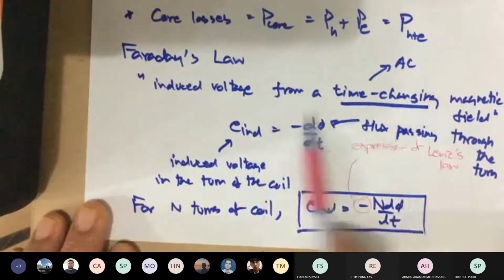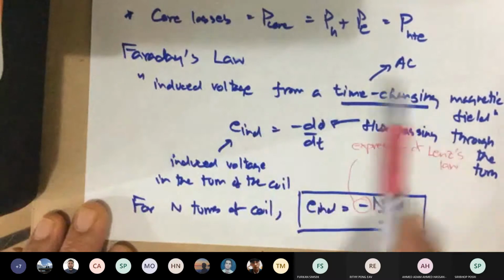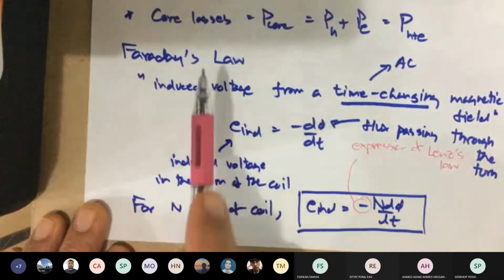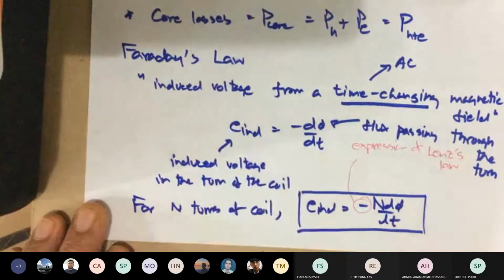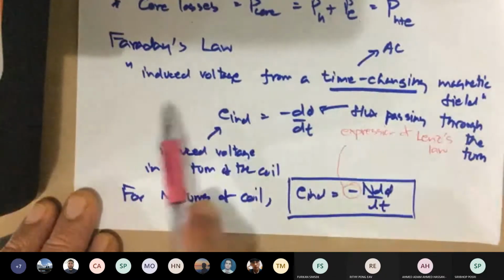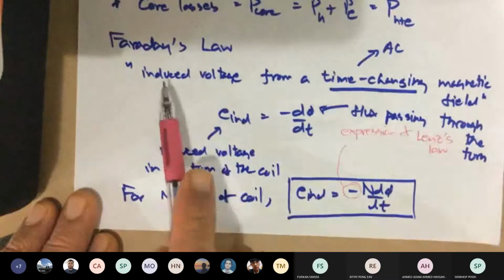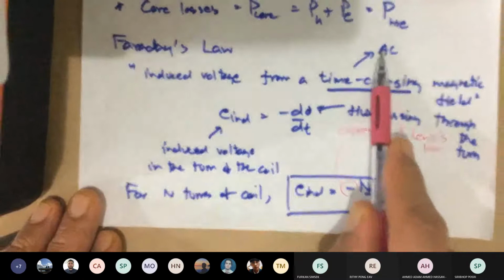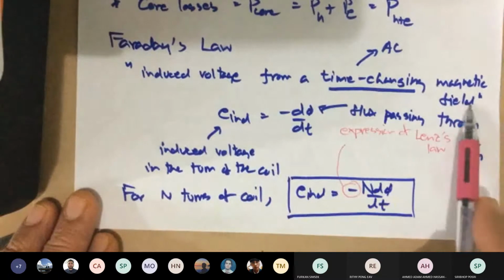But anyhow, our important point here is he found this law. We call that Faraday's law. What the law states in a short manner is that induced voltage from a time changing, meaning AC, magnetic field